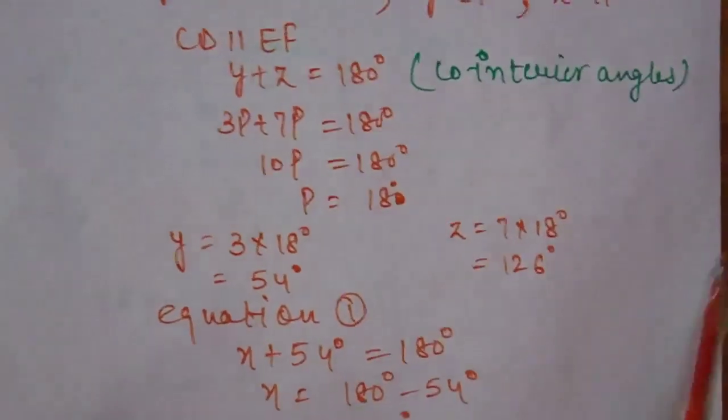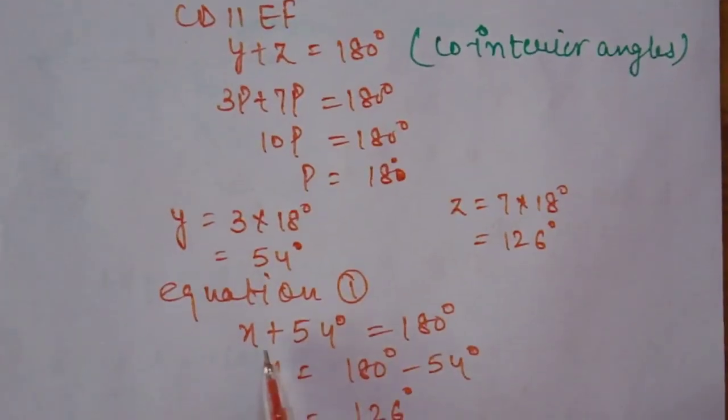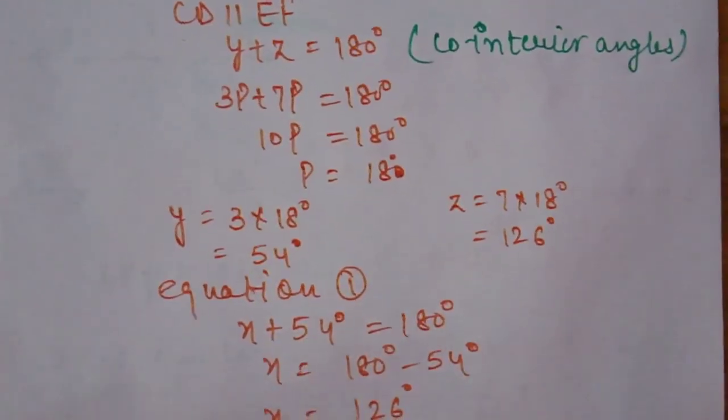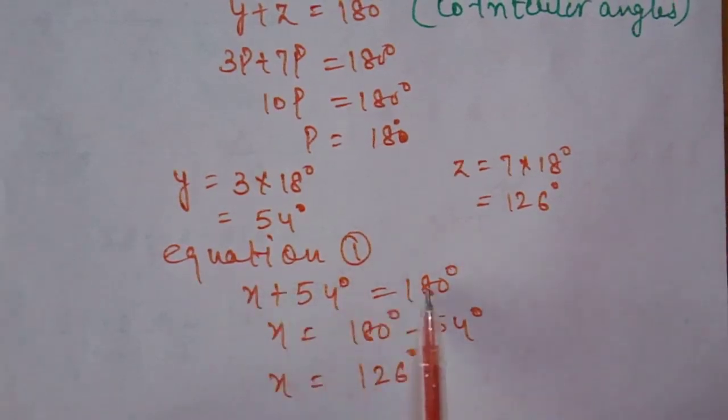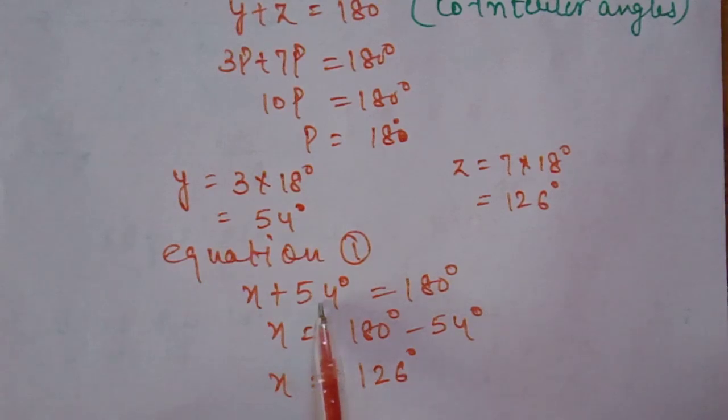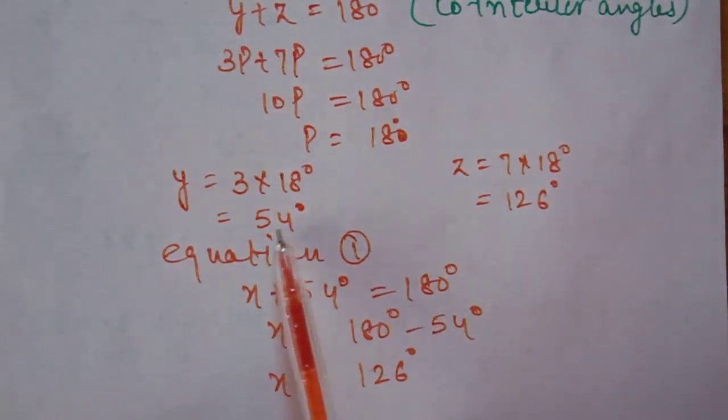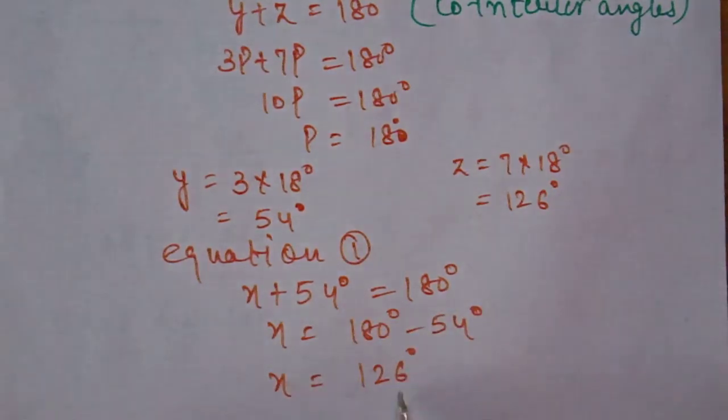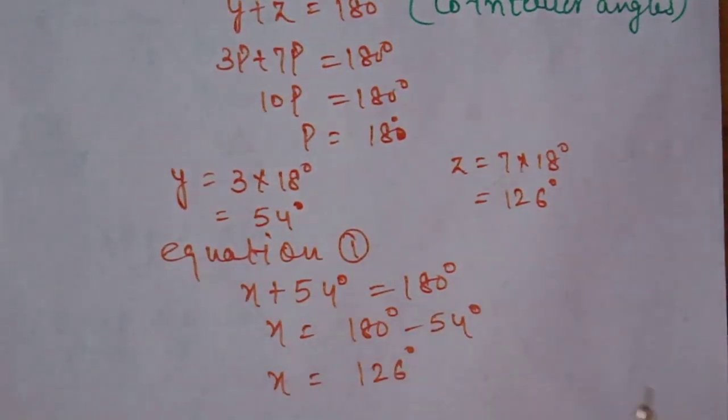Then we know it very well from the equation number first that x plus y is 180 degrees, because I already told you the reason also. We will put the value of y here because the value of y is present with us now. And now we will find the value of x, which is 126 degrees. So students, it is not compulsory to solve a geometry question by one method only. You have to put in effort and try to solve with other reasons also, like using the corresponding angle property, alternate angle property, and other angle properties.